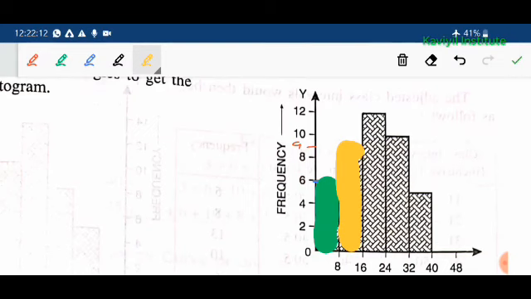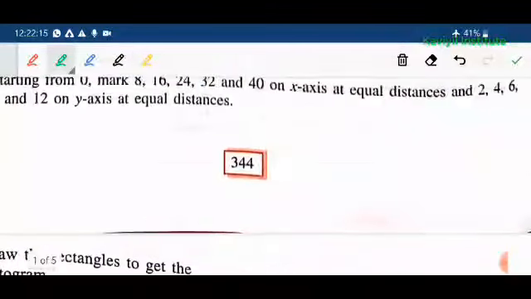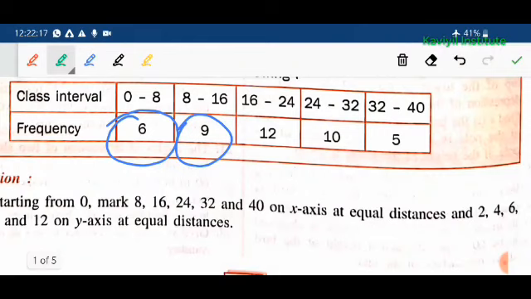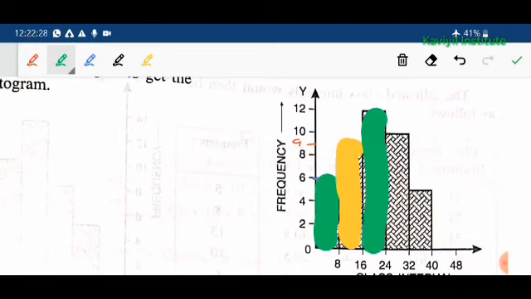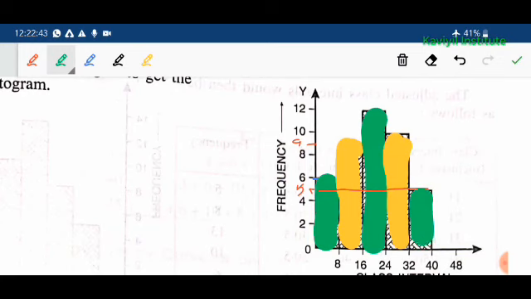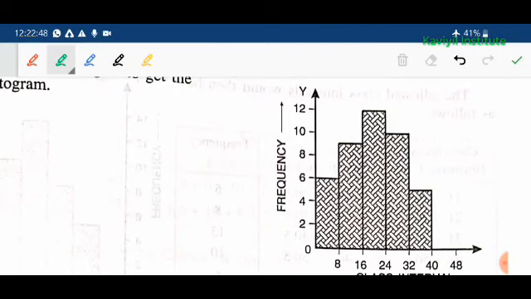We'll fill it. And again the next one we'll just observe, and the next one is 12, then 10, then 5. 12, 10 and 5. See here, 12, next one is 12, big, then 10, right? 10 and 5. See 5 also it is in between, right? 4, then 5 and 6. So corresponding to 5 it is coming here approx. So we are marking it here again. Understood how the histogram is coming here. So this is all about a histogram.